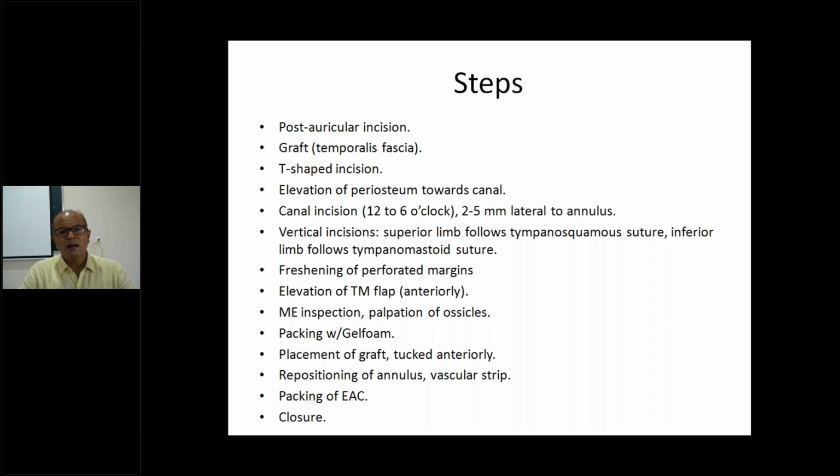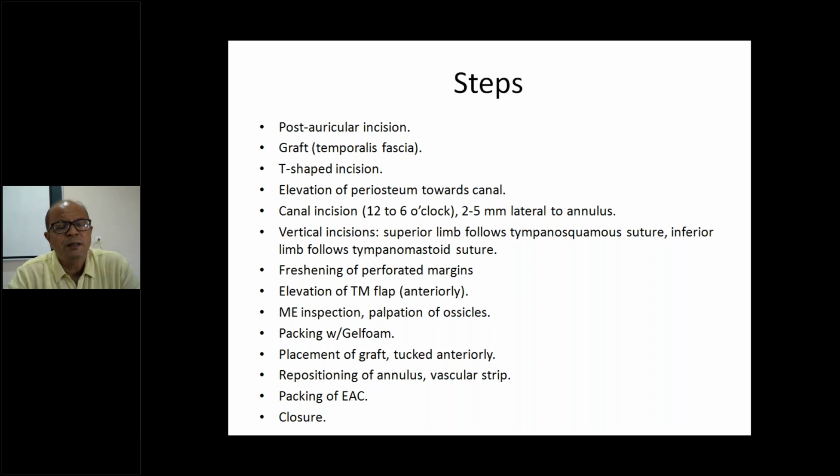After harvesting, the graft is cleaned of any underlying muscle tissue, and make sure the graft is not very thin, and is uniformly spread out. Once the graft has been cleaned of all the fat or muscle tissue, you spread it out nicely on a glass plate, which we usually use, or you can also use a small steel cup. And then after harvesting the graft, next we go for the incision on the periosteum.